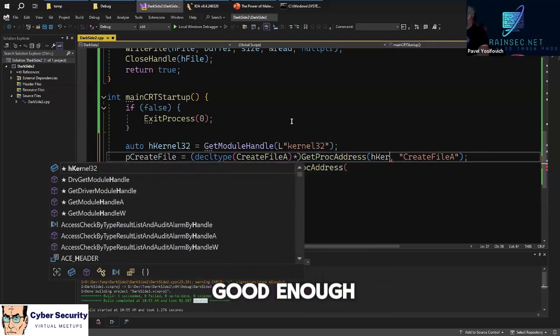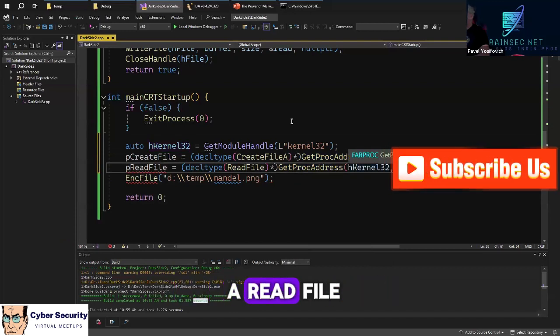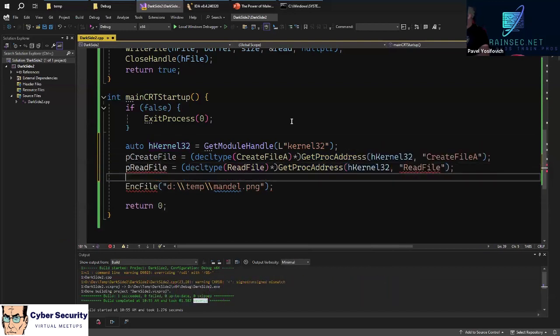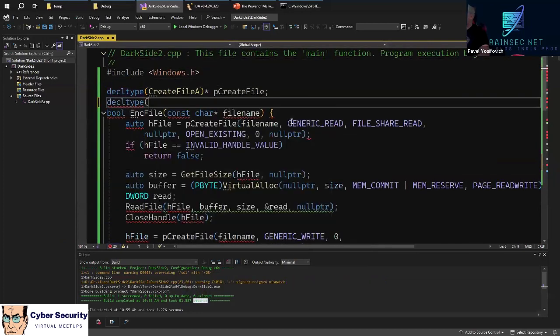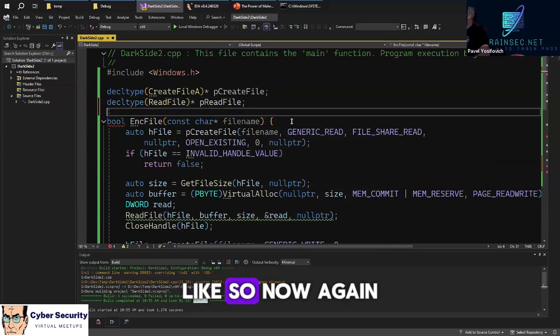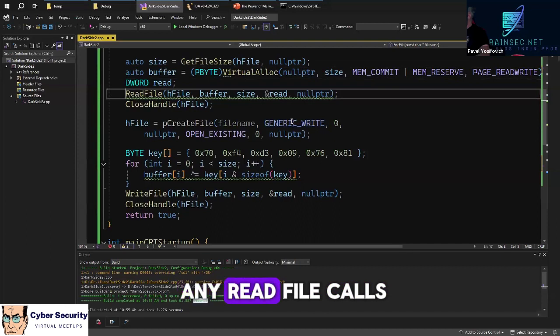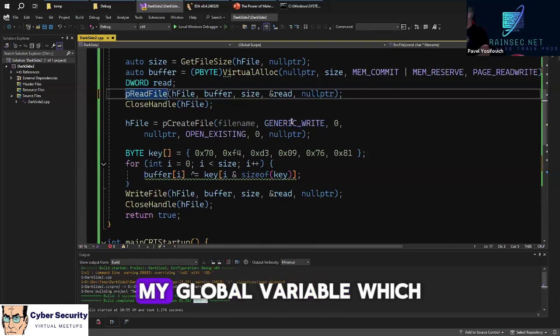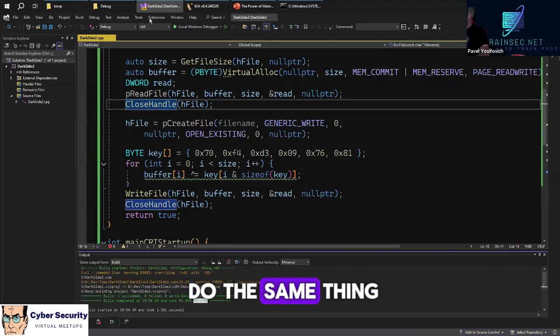Even that is not good enough because it is still visible. So here we'll have a ReadFile. And again, I'm going to grab this and make it a global variable, like so. And now again, I can go to my code and change any ReadFile calls to pReadFile, my global variable, which is the function pointer.